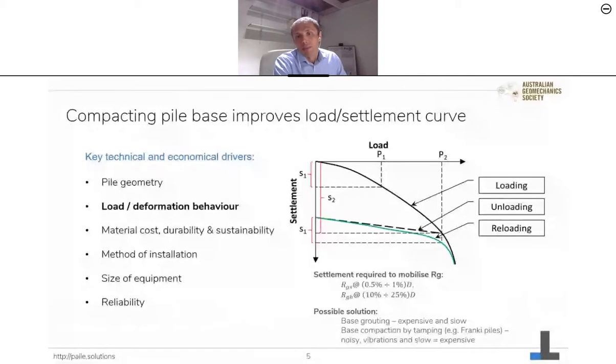Apart from providing capacity, piles are also meant to reduce settlements, and some may actually say that settlement reduction is the most important objective of pile foundations. But to mobilize geotechnical resistance, piles must settle. The amount of settlement required to mobilize shaft friction is typically small, only between 0.5% to 1% of pile's diameter. To mobilize full base capacity, on the other hand, settlements of between 5 to 25% of pile base are